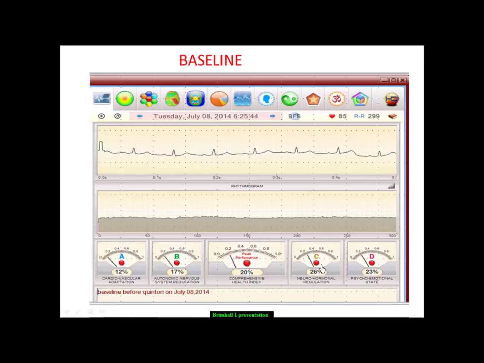Then we have the neurohormonal regulation. Again, that's looking at the hormonal control system via the brain, pituitary, hypothalamic, adrenal or thyroid axes, and how well that's working. And the psycho-emotional is really looking at the electrical activity of the brain. It's not an actual electroencephalogram. It's a derivative from analyzing heart rate variability, EKG, the electrical signal,